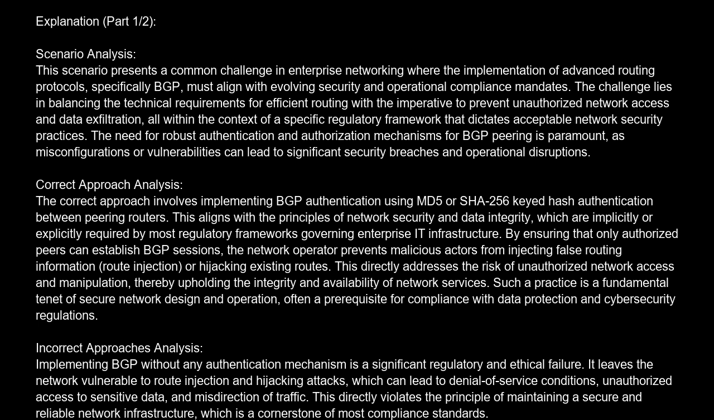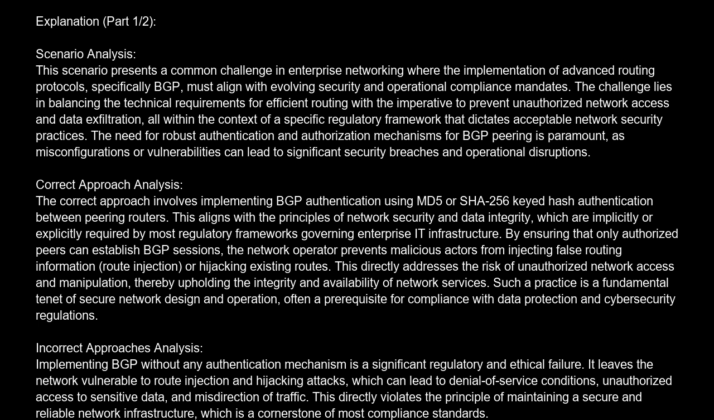Incorrect approaches analysis. Implementing BGP without any authentication mechanism is a significant regulatory and ethical failure. It leaves the network vulnerable to route injection and hijacking attacks, which can lead to denial-of-service conditions, unauthorized access to sensitive data, and misdirection of traffic. This directly violates the principle of maintaining a secure and reliable network infrastructure, which is a cornerstone of most compliance standards. Configuring BGP to accept peering requests from any source IP address, even with a strong routing policy in place,